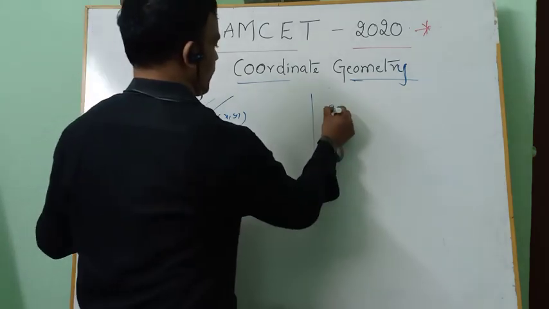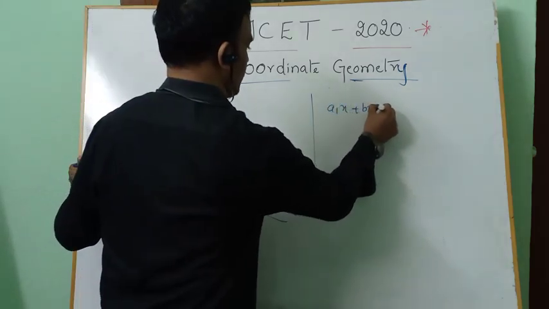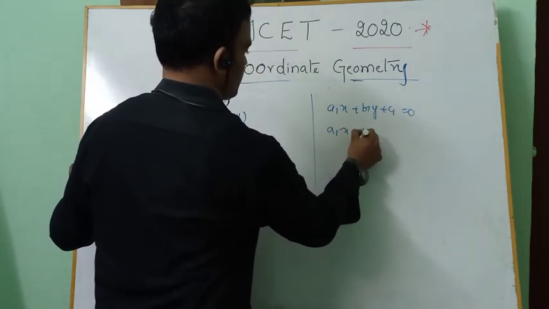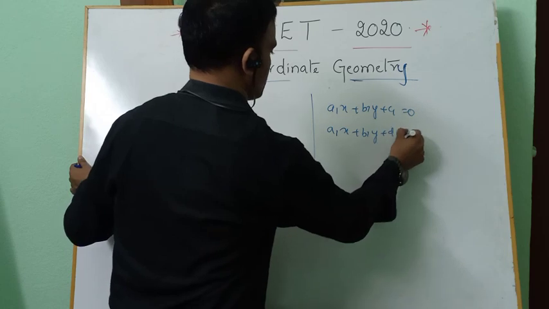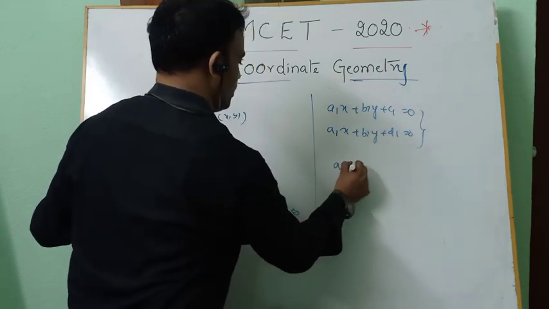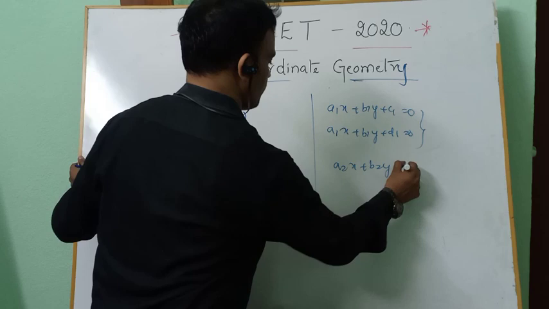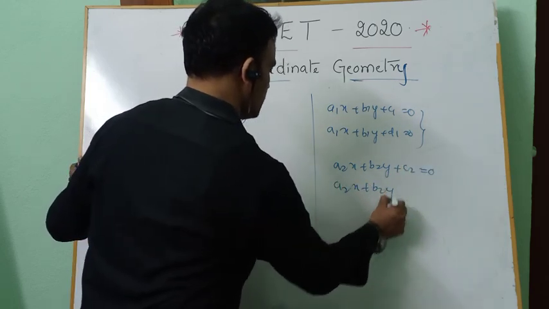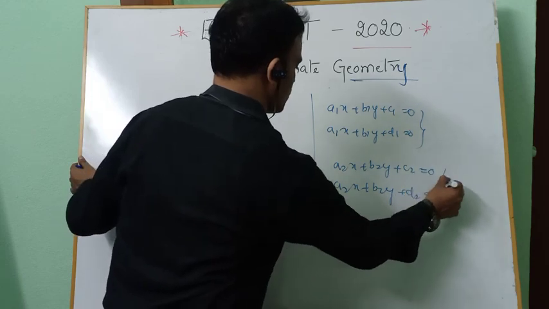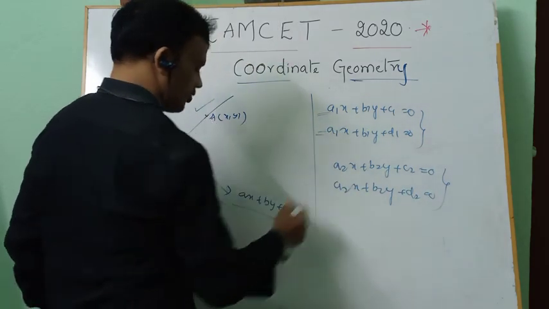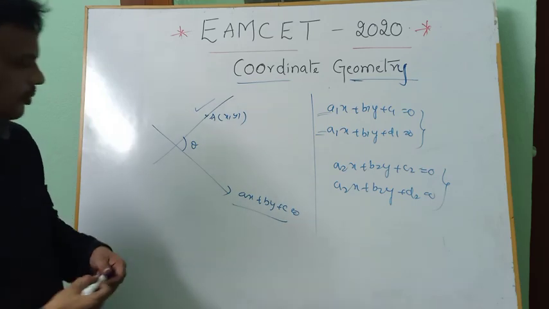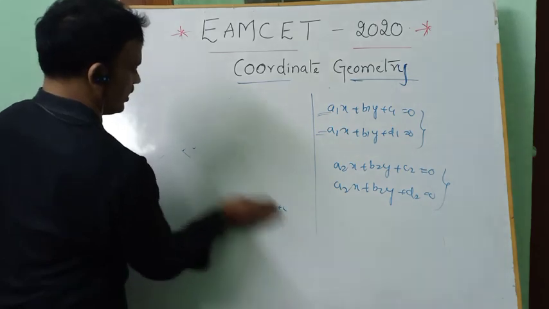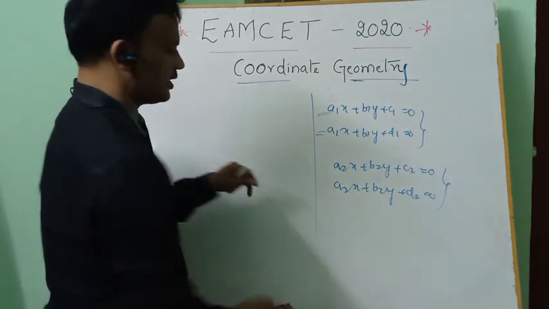And you know this one, the area concept. a1x plus b1y plus c1 equals 0, a1x plus b1y plus d1 equals 0, a2x plus b2y plus c2 equals 0, a2x plus b2y plus d2 equals 0. Two sets of parallel lines form a parallelogram. What is the area of the parallelogram formed by the four lines? The constants are c1, d1 for the first set and c2, d2 for the second.